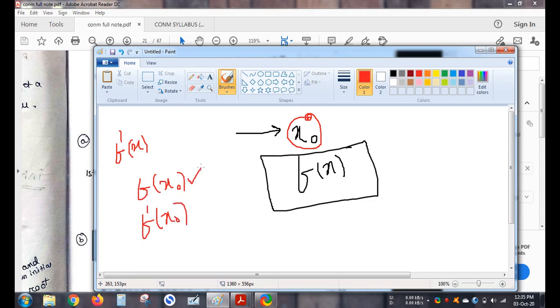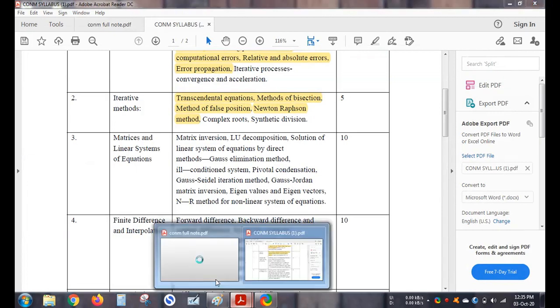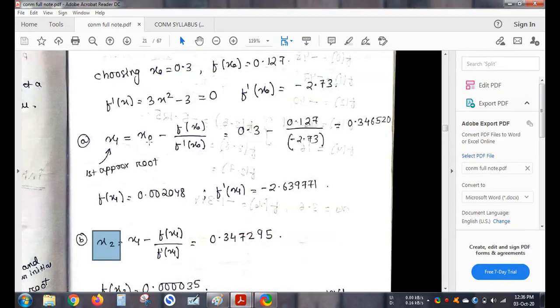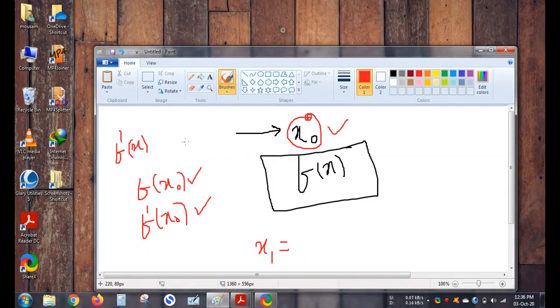So तुम्हारे पास ये है, तुम्हारे पास ये है, तुम्हारे पास ये है. If you have these three, then you can easily calculate your approximated new value. जो नया value है वो तुम easily निकाल सकते हो by using ये formula. x1 is equal to x naught minus f of x naught by f dash x naught. These three are known to you. So तुमको मिल गया नया approximated value, isn't it? You found out this. अब इसको लोगे, इस चीज को तुम लोगे and you will put it again over here and here. अब तुम इसमें x1 का जो वैल्यू उसको दे दोगे और तुम निकालोगे क्या? तुम निकालोगे x2.